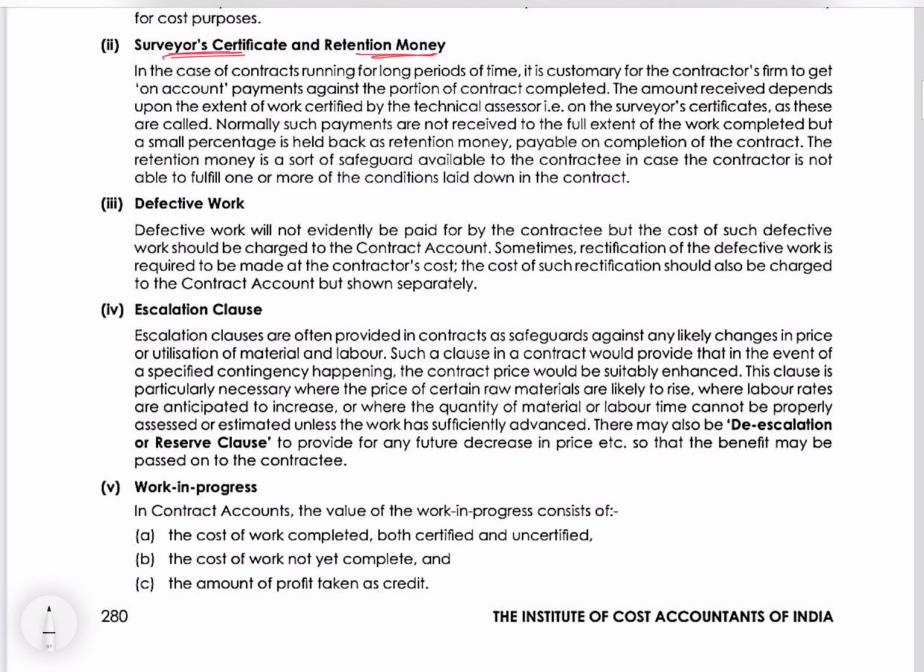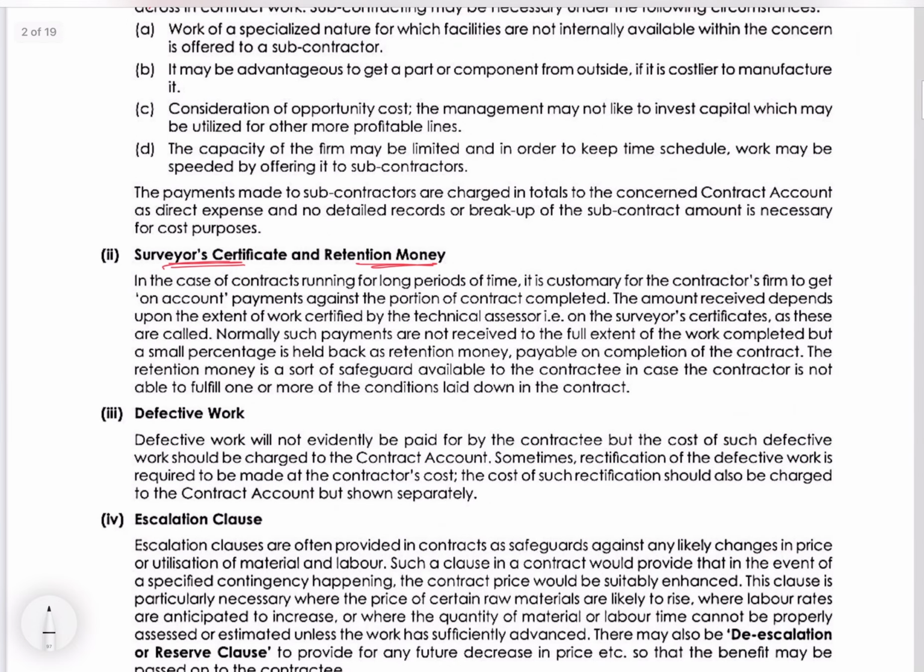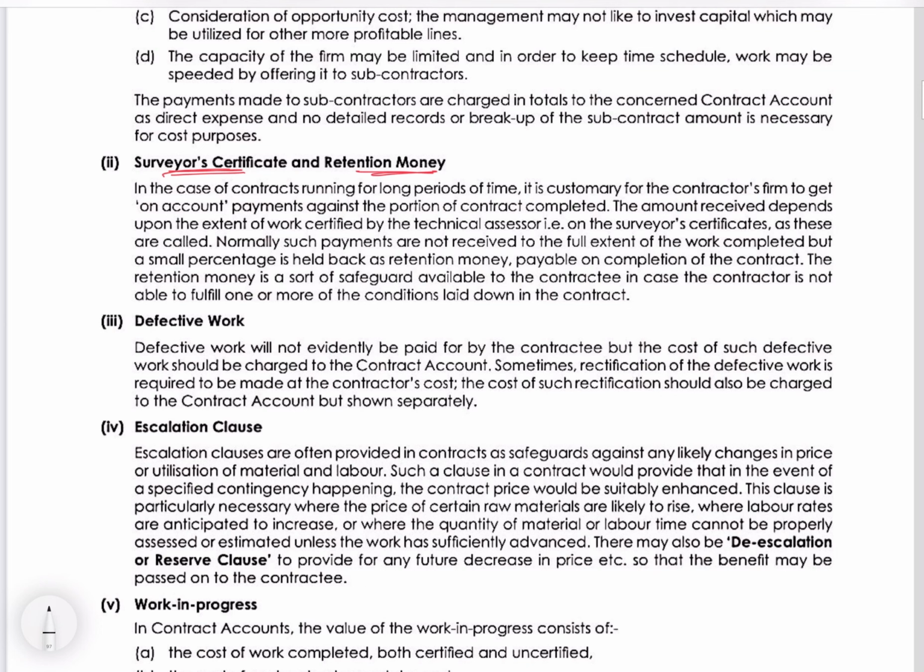So the surveyor is a person who comes and examines how much work is completed, and accordingly he issues the certificate. And on the basis of his certificate, the contractee will give some amount from the contract price. Contract price is the price which is decided by the contractor and contractee for the work to be done. So the contractee, on the basis of the surveyor's certificate, may give some amount to the contractor. Like if the contract price is 1 lakh, the contractee may, on the basis of the surveyor's certificate, where the surveyor would have said 50% work is completed,